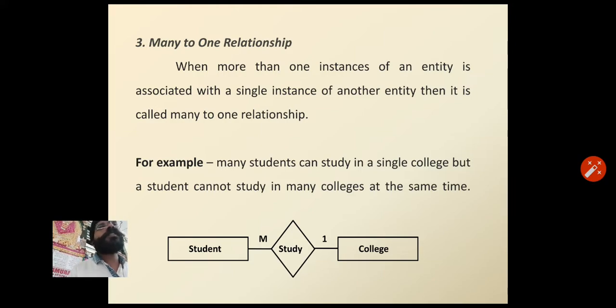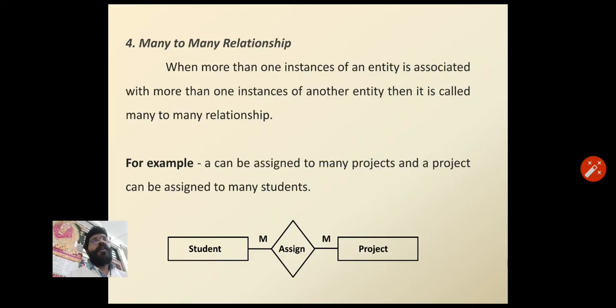Many to many relationship. Next type: when more than one instance of an entity is associated with more than one instance of another entity, then it is called a many to many relationship. For example, students can be assigned many projects and projects can be assigned to many students.